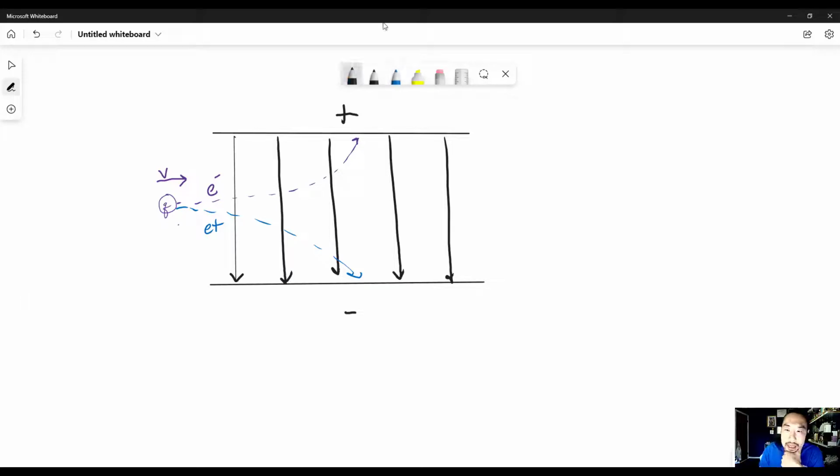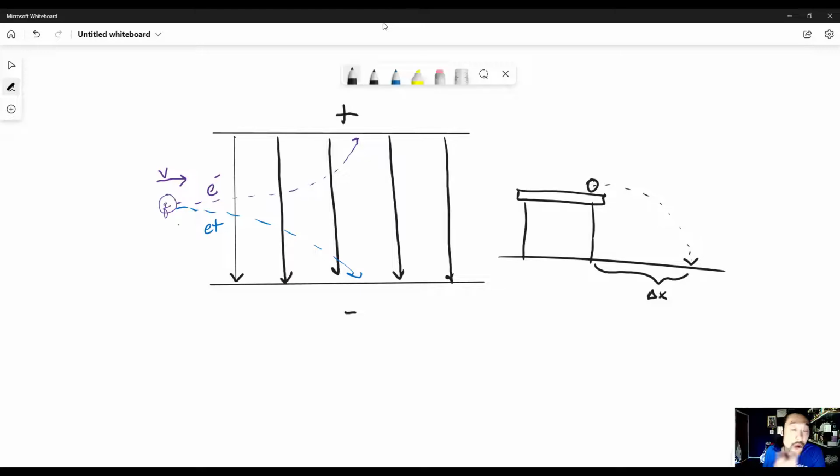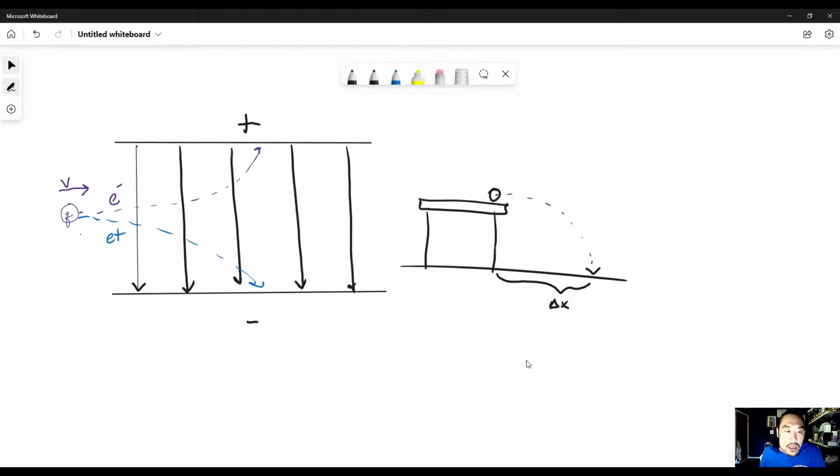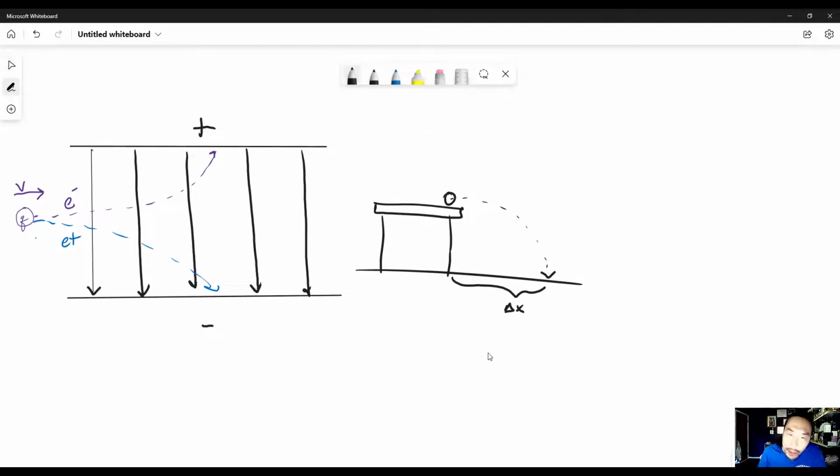So what I mean by that is there should be classic problems where you have a table, and we have a floor, and we have a marble, or a ball, and that ball is shot off the edge of the table and lands somewhere at a distance X away, or the range away from the table. Now this scenario is very similar to the E field scenario, because if you think about it,